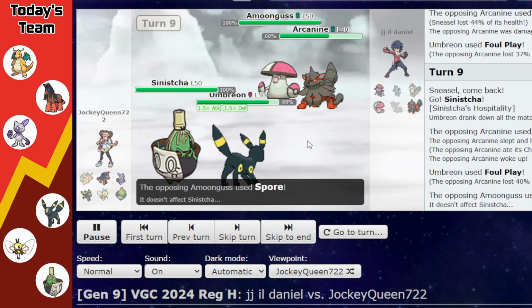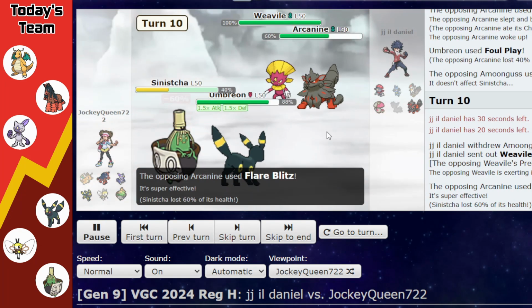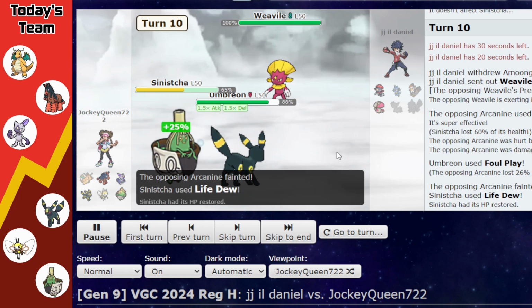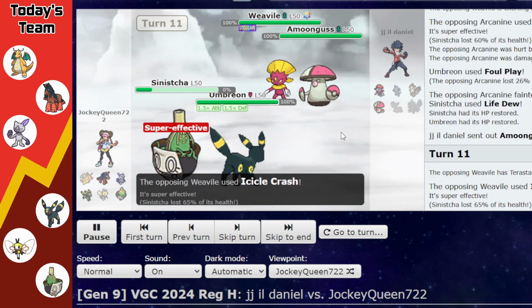Amoonguss still trying to Spore into the Sneasel, but not getting it. The opponent hard swaps in Weavile here, and they do Flare Blitz into Sinistcha, but Sinistcha takes it pretty okay, and with the Rocky Helmet and recoil damage there, our Foul Play is able to take out Arcanine, and we just Life Dew with Sinistcha in order to put Umbreon back to full health,